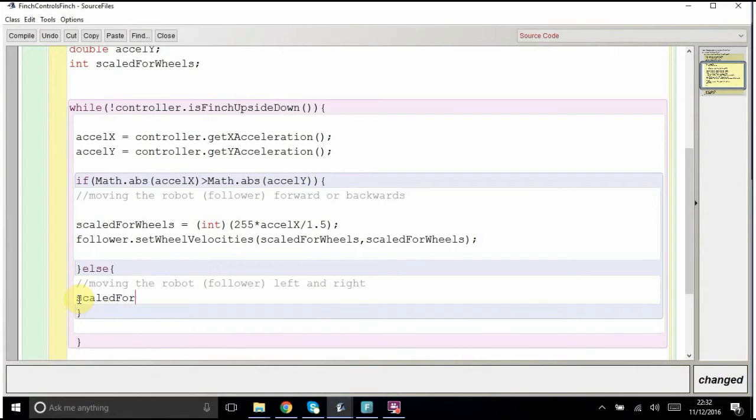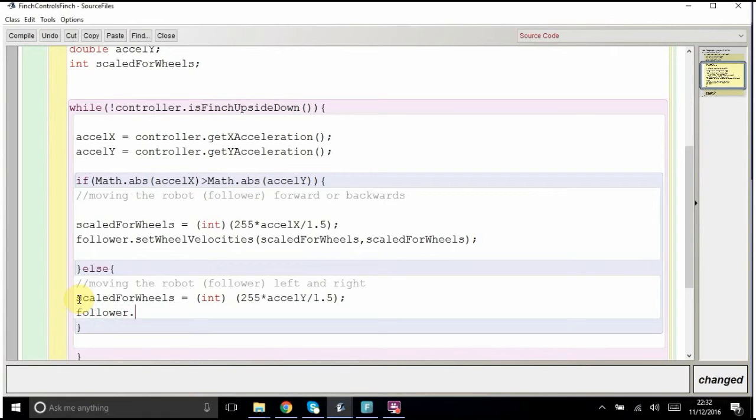We're going to do scaled for wheels equals, we cast that, so no matter what happens, it's going to be an integer, and we give it exactly the same formula, so 255 times acceleration, this time of course of y, divided by 1.5, and then follower.setWheelVelocities, scaled for wheels, comma,